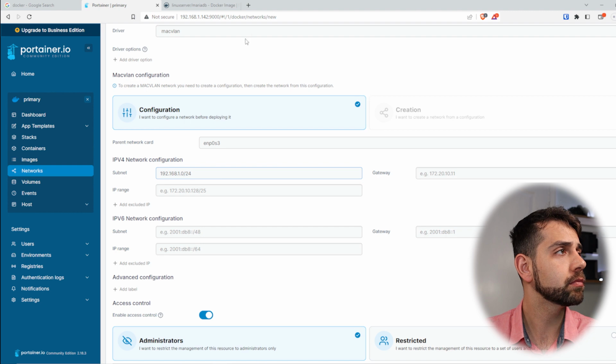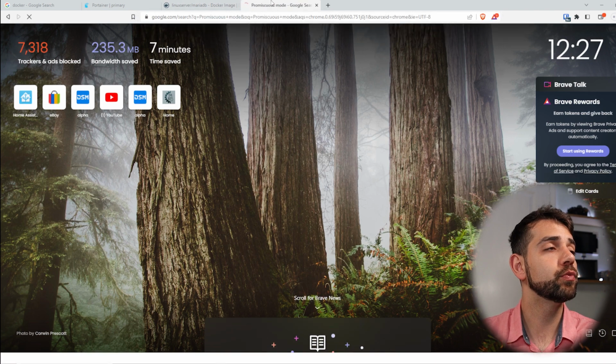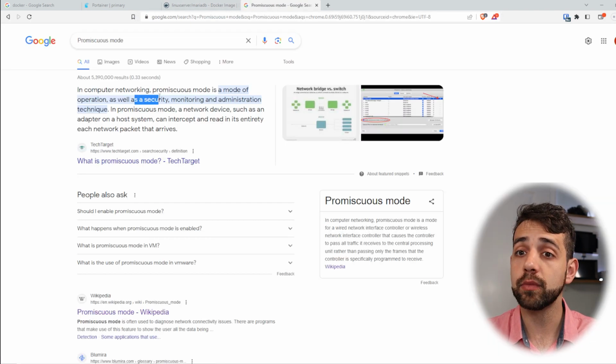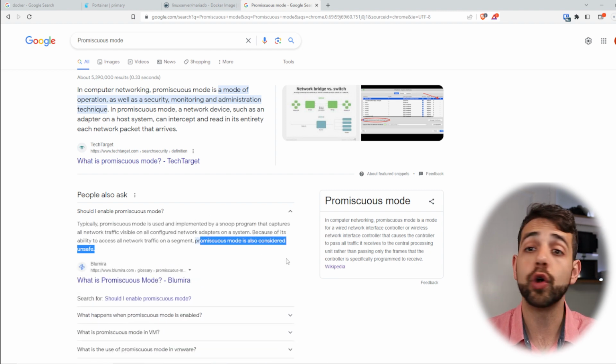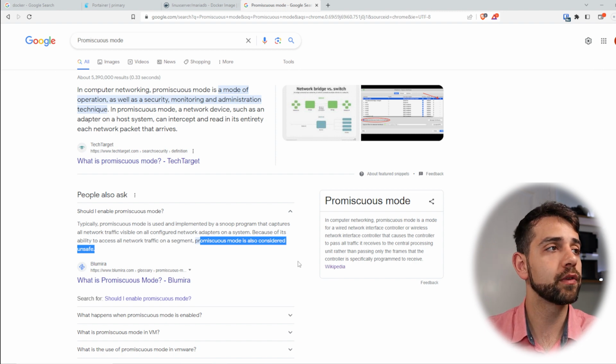So if I come here and search promiscuous mode, they will say that it's a secret system monitor, but this will make your system unsafe. Anyway, if you want to use it, not for production, but only for trials and tests, what you can do,